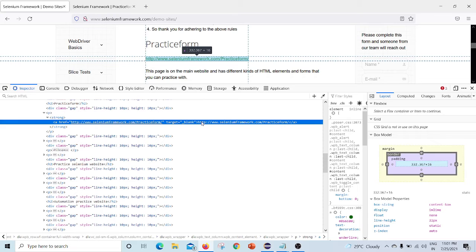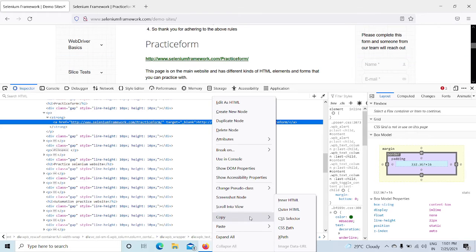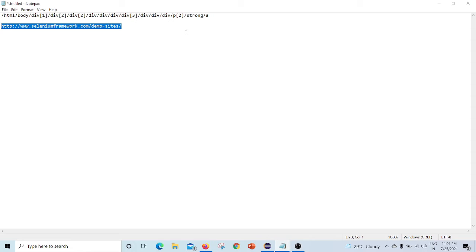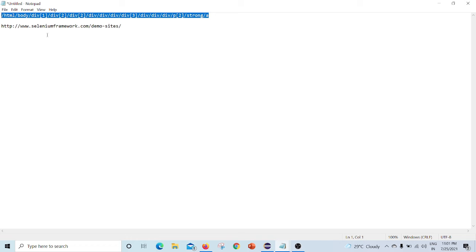This is the XPath for that link. I'll copy the XPath from here, click on copy XPath, so it gives me the complete path, and paste it here. This is the path I'll use.